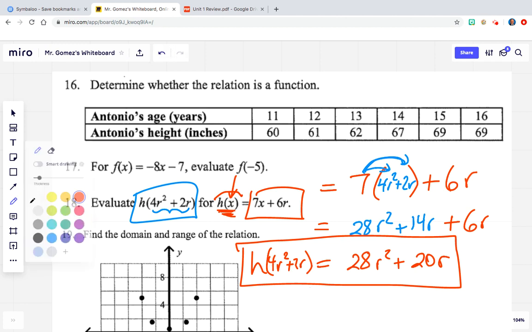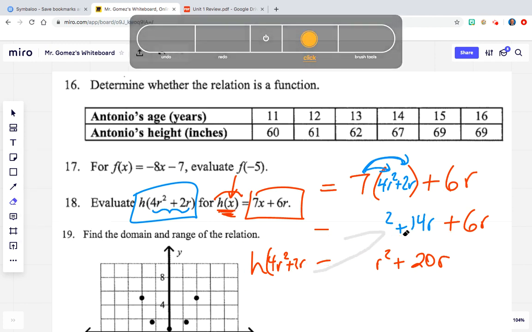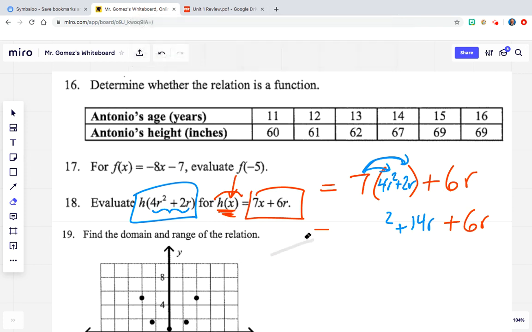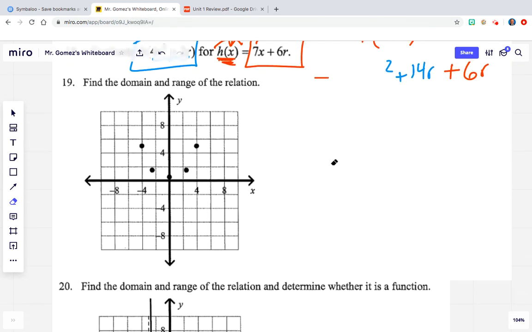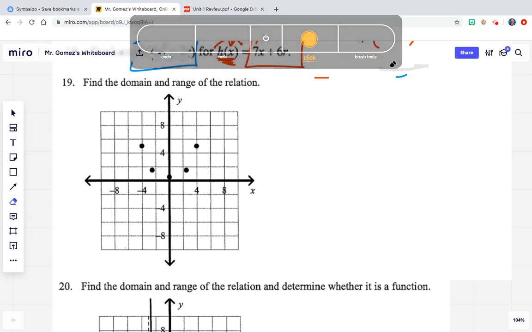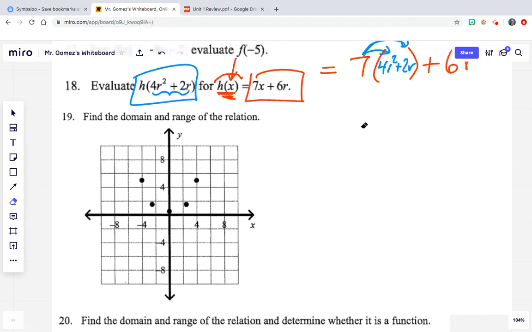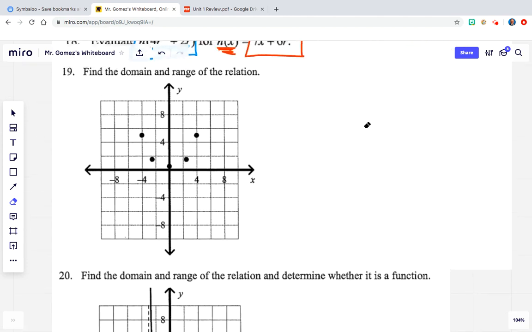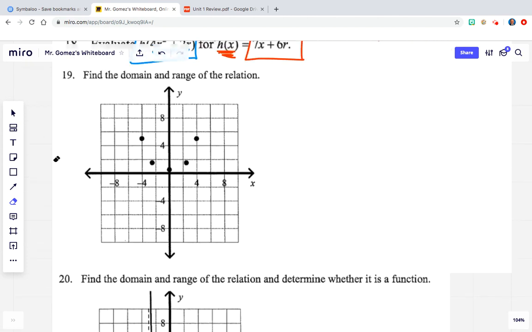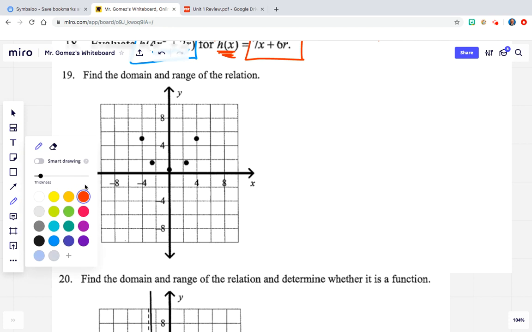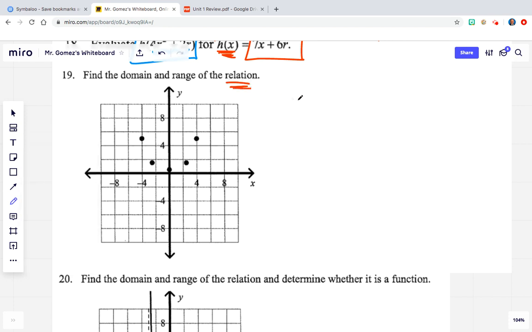All right, so now let's move on to number 17. So actually, I'll just scroll it down. All right, so make a little bit more room. Number 19 says, find the domain and range of the relation. Okay, so right now it's a relation, aka just points that are given, and we want to find the domain